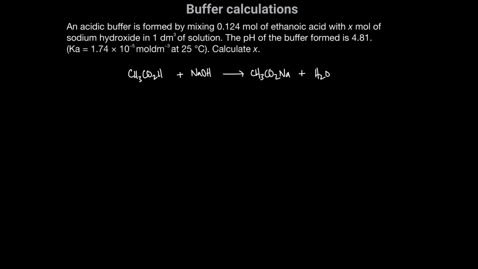Now we have 0.124 moles of acid and X moles of NaOH. That's what we have to find, how many moles of NaOH we have. As we just said, the acid is in excess, so all the sodium hydroxide reacts. So X moles of sodium hydroxide react, and therefore X moles of acid react, because they react in a 1:1 ratio. After the reaction is complete, we have 0.124 minus X moles of ethanoic acid, 0 moles of sodium hydroxide, and we've also formed X moles of the salt of the conjugate base,